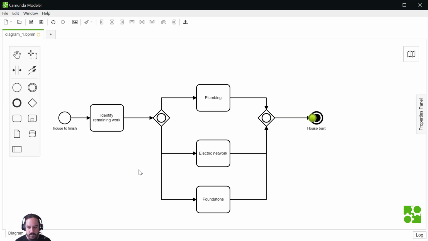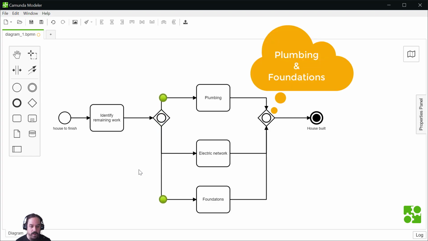Let's see another example. We have a house to finish, and we see that we need plumbing and foundation. So the gateway will generate 2 tokens, one on the plumbing route and one on the foundation route. The process executes, plumbing is done, the gateway receives 1 token, but it needs another token from foundation.